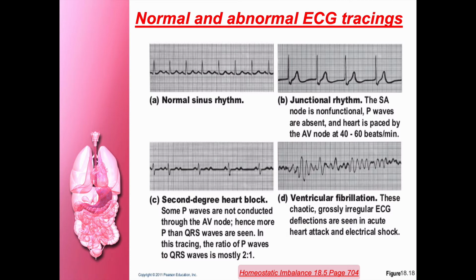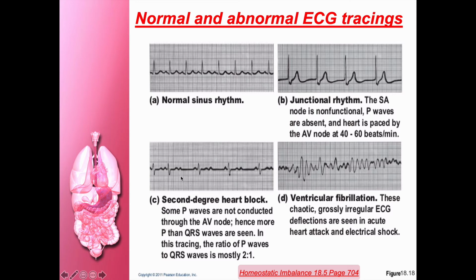We call it as bradycardia. When the heart rate goes above 100, we call it as tachycardia. Okay, so when the heart rate is between 70 to 75, it is normal sinus rhythm. Okay, normal sinus rhythm. So likewise, coming to the second degree heartbeat.